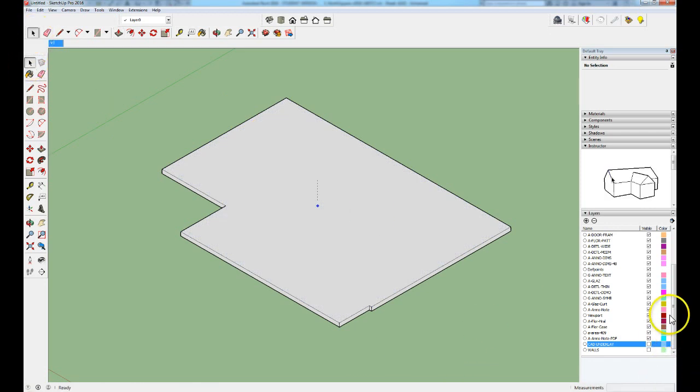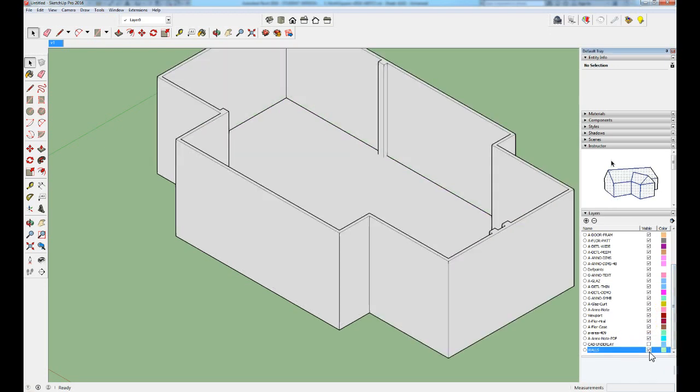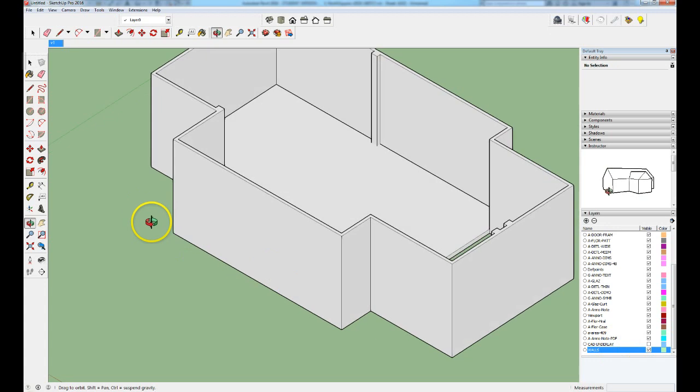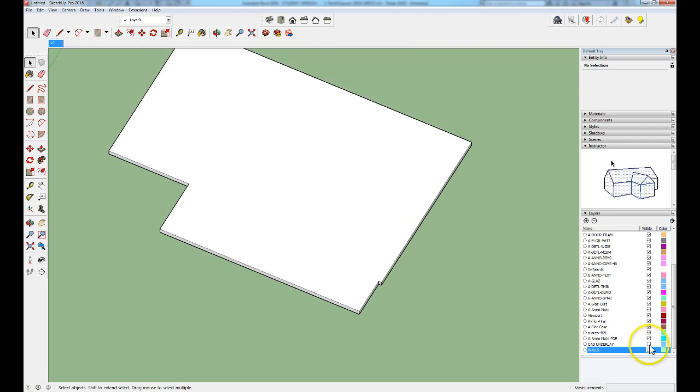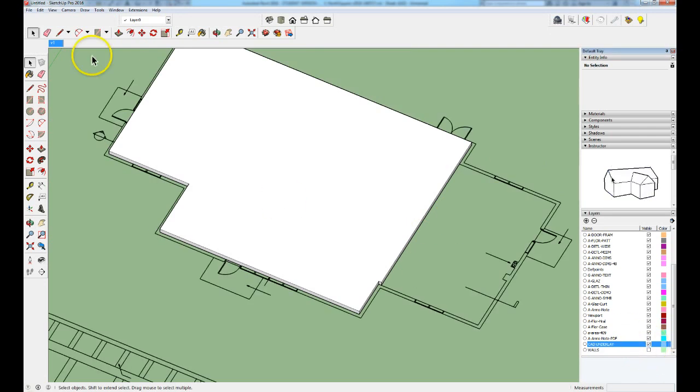And if you notice, that's all we see right now, but if I turn on the wall layer, it reveals the walls around it. Remember, we still have that second slab to modify, so I want to turn off the wall layer again. We turn on the CAD underlay drawing, go to a plan view, top,